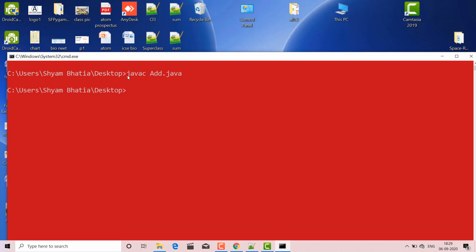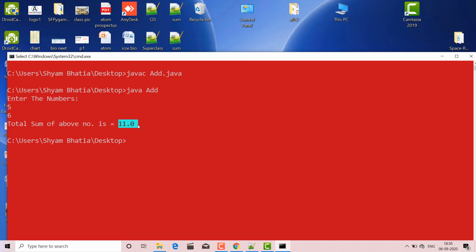So here you have to type java and just mention Add. It is your class name. There is no need to use the extension .java. Just hit enter. Yes, your program has been run. Congrats. Enter the number. So I will enter the number 5 and just hit enter. Enter the second number. So you can say 6. 6 plus 5 is what? 11. So yes, the total sum of the above numbers is 11.